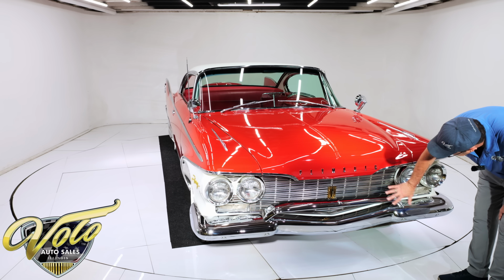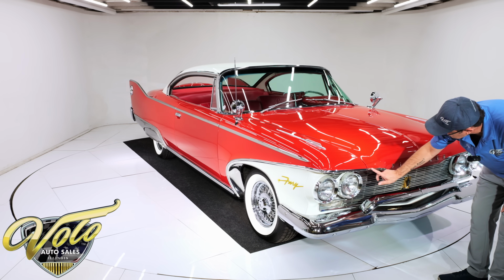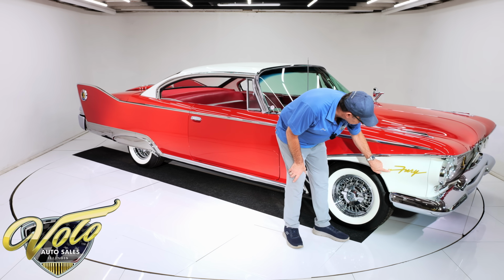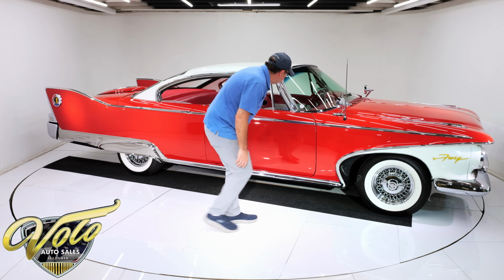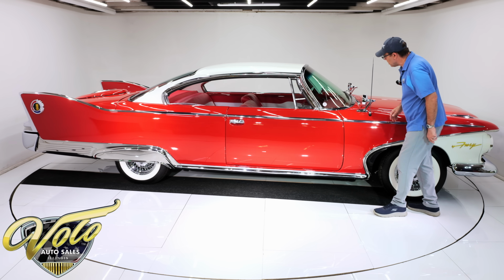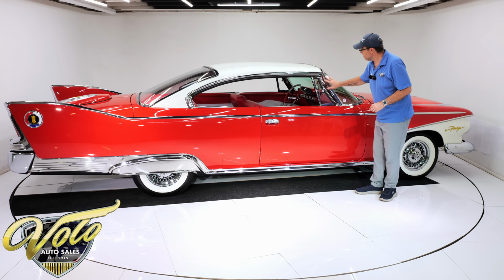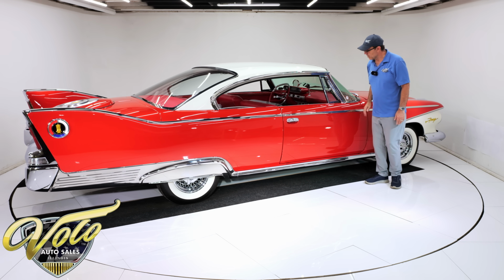It looks like all of the chrome was redone. The grille, the bezels, the bumper, the emblems, all this stuff. It's what makes this car exceptional. This is all expensive to redo. Look at this Fury with the little star. All of it's redone. This is all polished. The moldings all along the bottom, all around the windshield. The mirrors are restored. The vent window frame. I'm sure this whole car was completely apart. I'm sure they took a truckload of stuff to the platers to be chromed and polished and straightened, because all of this,